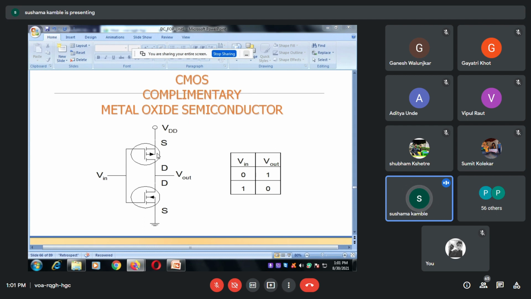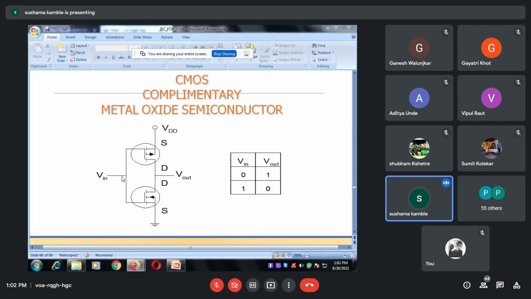So this PMOS will be on and this will be off. Off means this will be an open switch and this will act as a closed switch. Open switch जब रहता है तब क्या रहता है? This will be disconnected from the circuit. Now we are saying that PMOS will be on. So this will be connected, means it will act as a switch. Okay. So this terminal is connected to the VDD. So you will get the output equal to VDD, which is treated as a logic 1.